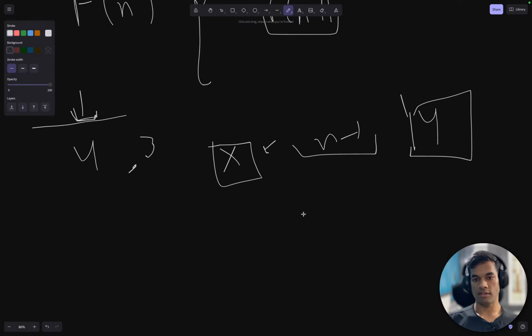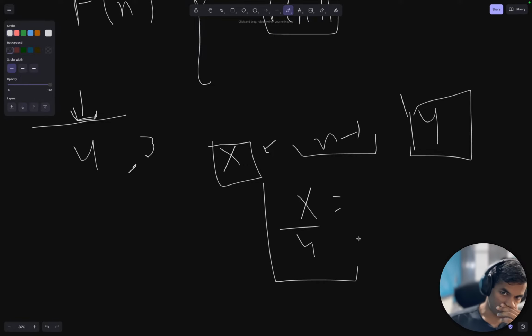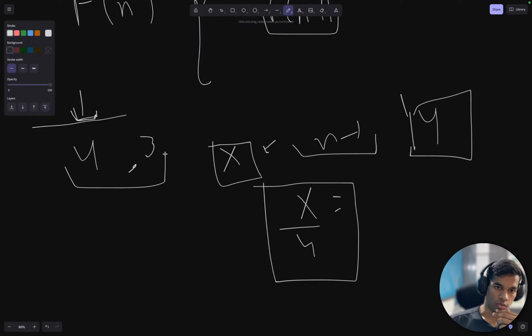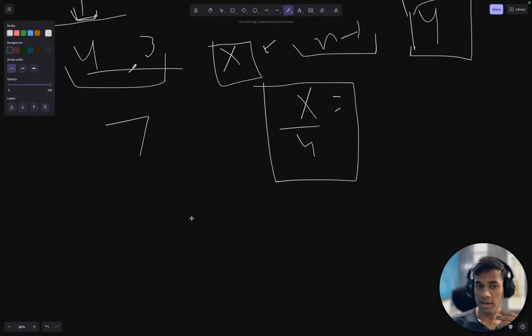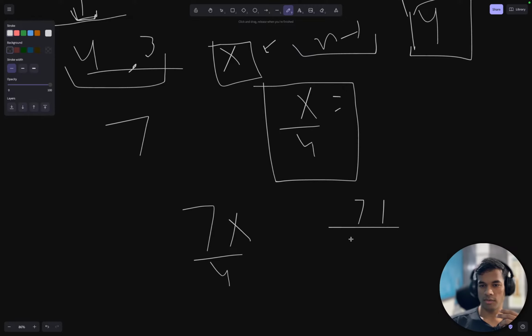If we divide x down to each number of possibility, then this is the thing. And in total, if we combine making a line and not making a line, in a sense we will have 7 possibilities. So the answer would be 7x by 4, 1 into 7 by